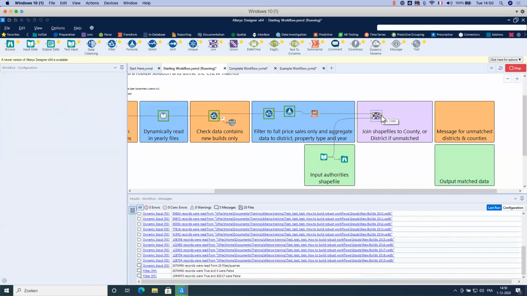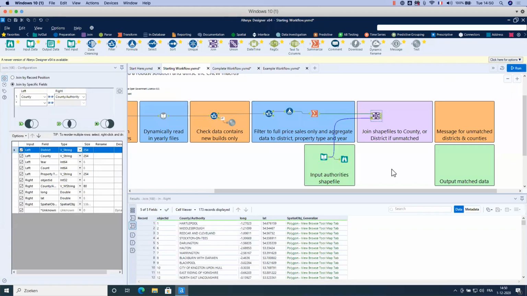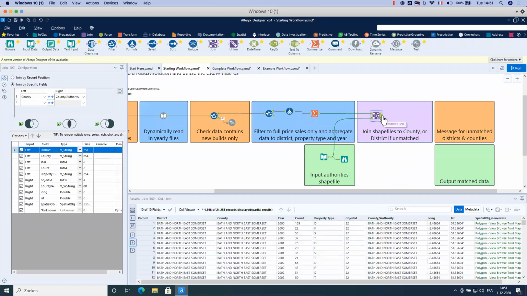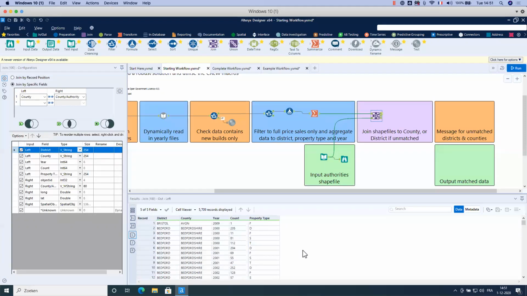And then, it's not finished. Right. So in the join, I have the shapefile matched with my data. But on the left join, I still have, yes, 5,000 rows of districts that don't match with my shapefile. So I will try to match based on the district and not on the county this time.